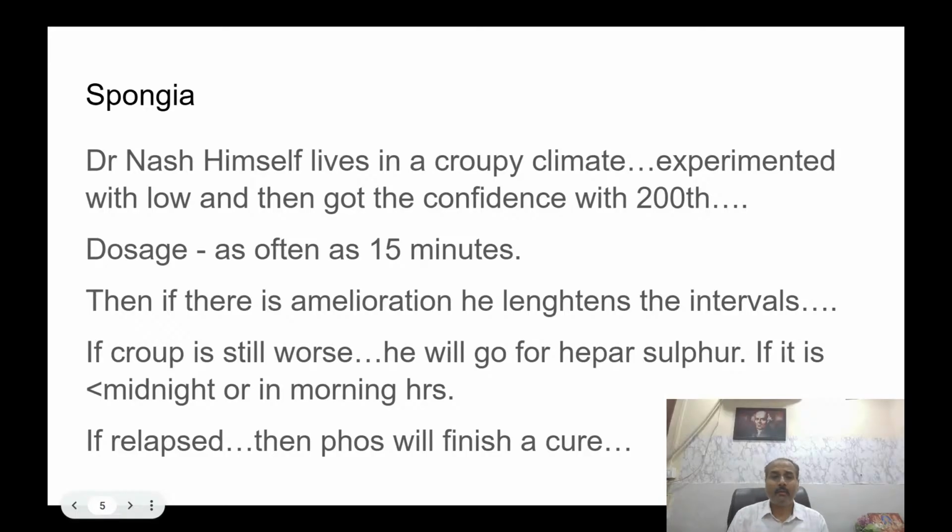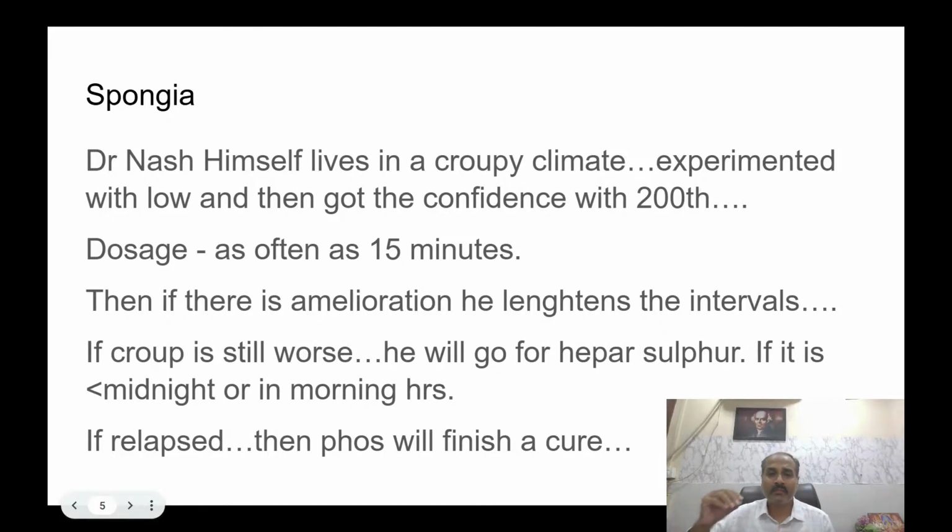Dr. Nash gave Spongia every 15 minutes, as often as every 15 minutes. This is what he claims in his book, Leaders in Homeopathic Therapeutics. And if the amelioration is there, the duration of the dosage is lengthened. So maybe it is 15 minutes for the beginning part, and as the case progresses, he would probably give 1